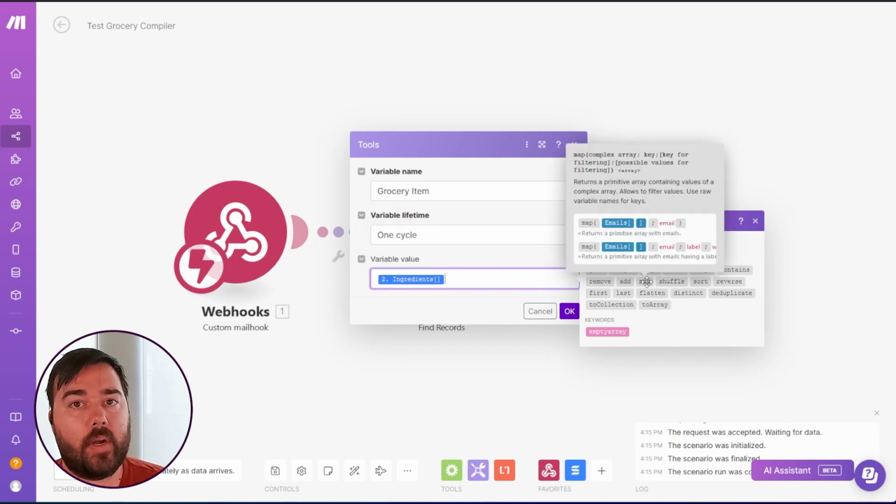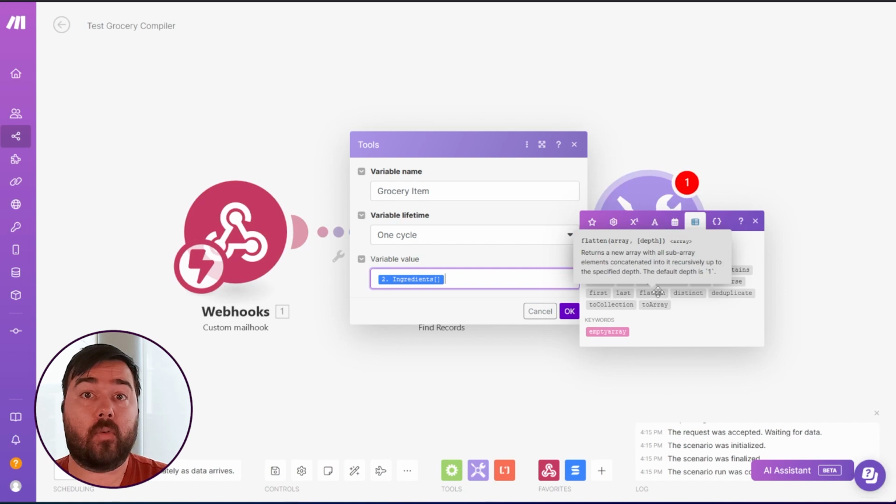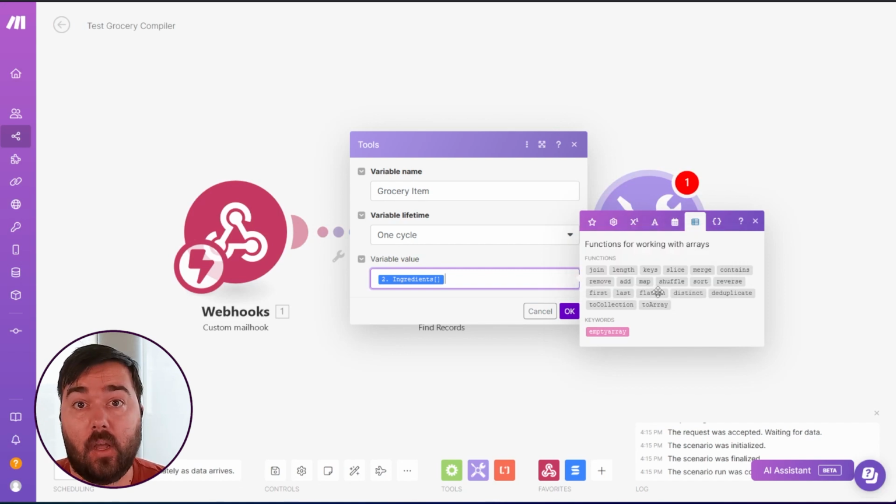So in this case, what we're going to do is select the map button. And you can see here, it gives a little bit of an explanation that we're basically trying to map this information specifically and label it further so that it is easier for this information to be extracted from the array to be repeated over and over again, because we're going to have to extract, in this case, the ingredients from 5 different records. So I'm going to click the map,